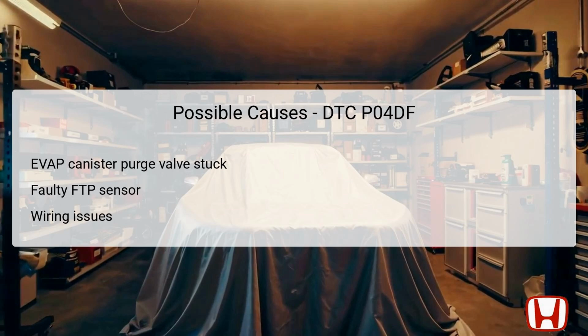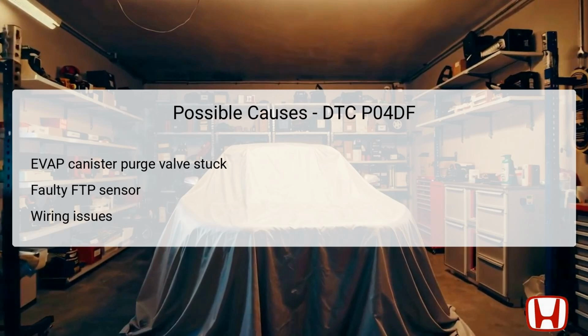Additionally, a faulty fuel tank pressure, FTP sensor, might misreport the tank pressure, further complicating the detection of the problem. Wiring issues could also contribute significantly. Damaged wires or loose connections can interrupt signals between the valve and PCM. Collectively, each of these issues can trigger the error code, emphasizing the need for a thorough investigation to identify the root cause. Always remember that the diagnostic system may not list every potential cause, so technicians should rely on experience